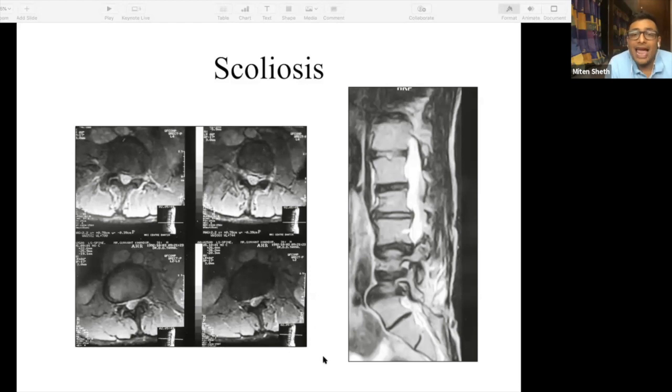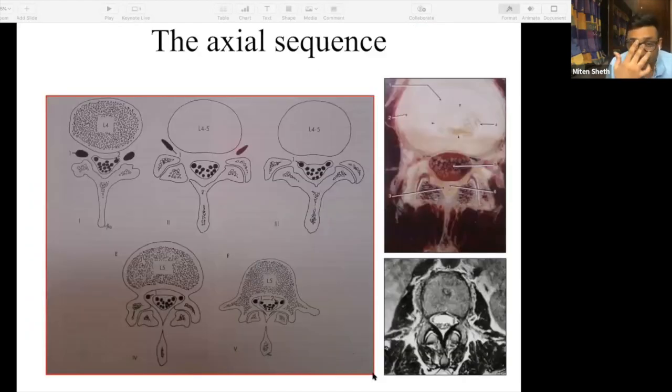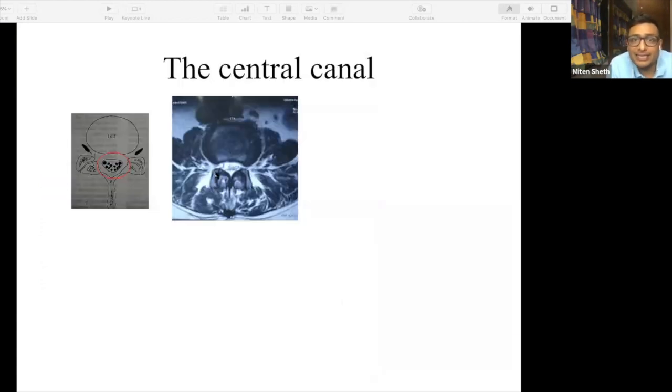In the axial images, you are going to identify the image at the level of the disc space, which means the best image where you are able to see the facet joints completely. You see one facet which looks like one bun of the burger, then you look at the other facet which looks like the other bun of the burger. Where it is completely seen like this, that is your image. So this is not an ideal image, but this is an ideal image.